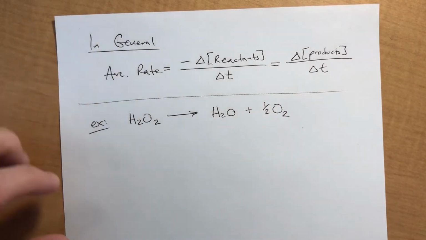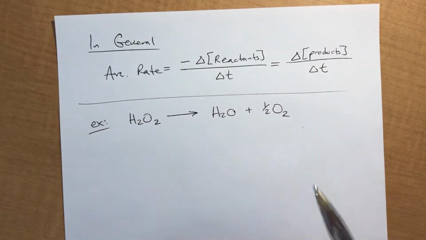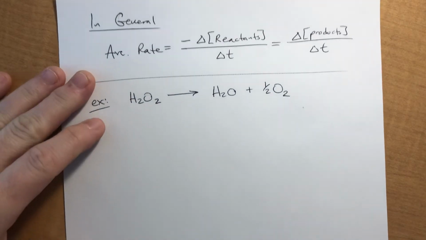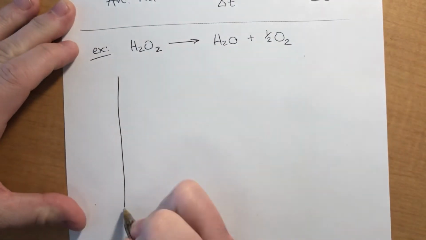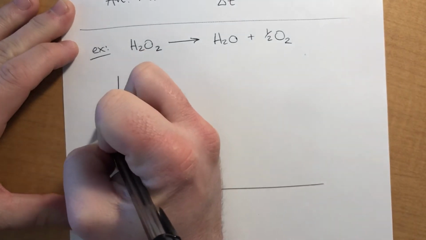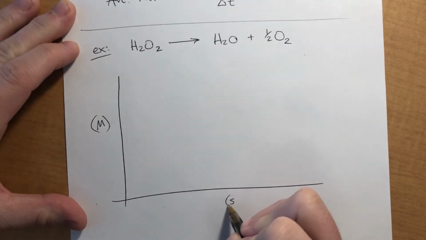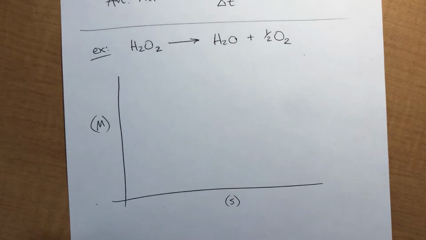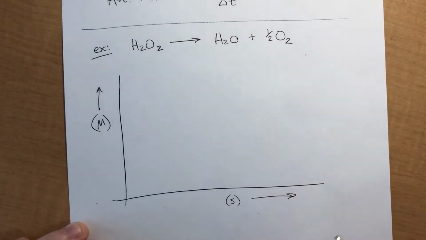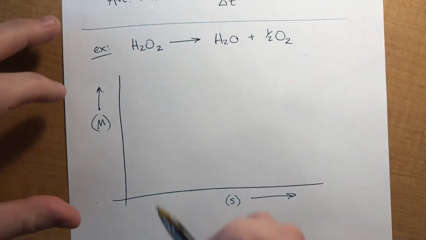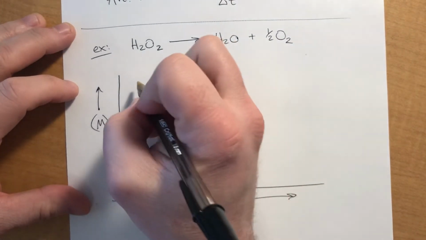The textbook I stole this from wrote it like this and gave it a little half thing, and that's fine. Okay. And what we're going to look at is a graph of concentration versus time. Okay, so concentration going up, time going that way. Okay, so if we did this in terms of H2O2, what we would expect